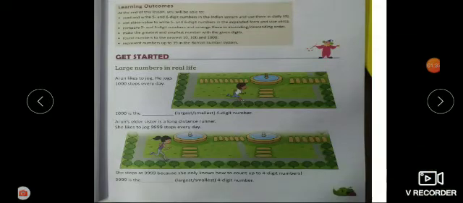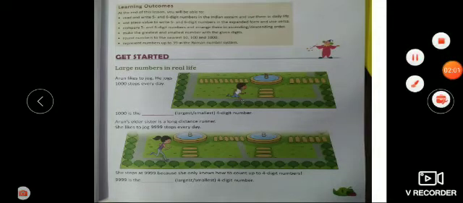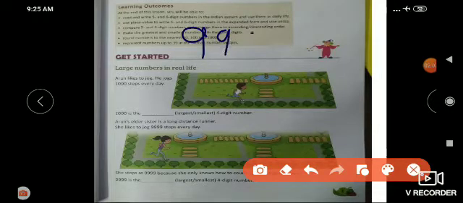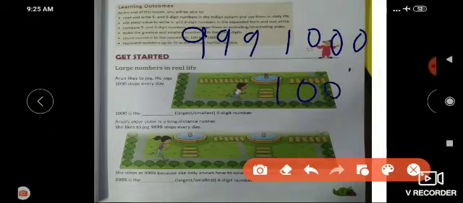Okay, now you can see the picture that they are applying numbers in real life. How is she applying? See, the first picture is Arun likes to jog. How many steps? 1000 steps. Do you know if 1000 is the smallest or greatest 4-digit number? How will you see? See, what is the number before 1000? It is 999. After 999 you get 1000. After 1000, what is the number? 1001. When comparing 1000 and 1001, which is bigger? 1001 is bigger. Then 1000 is smaller.